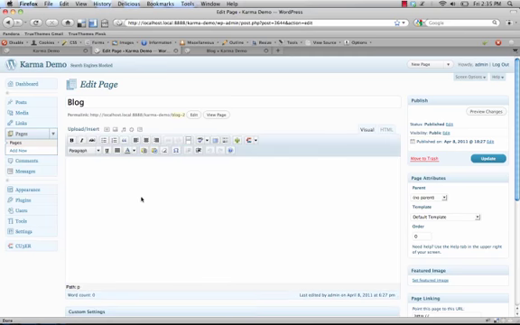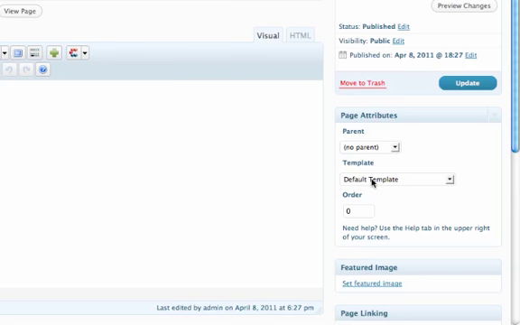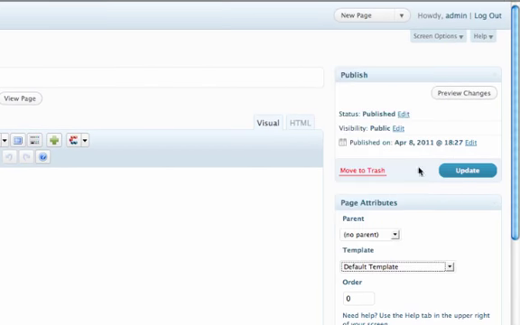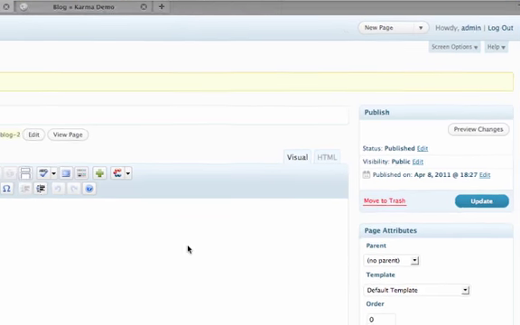So when you're creating a new page, you just simply give it a title. And then the only other setting is to choose the proper page template. So for the blog, you want to choose default template, and this is the only page throughout the site that should use default template. It can only be used once. So we just go ahead and click update,